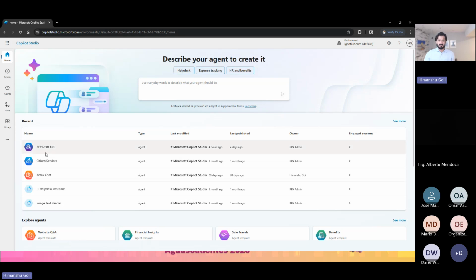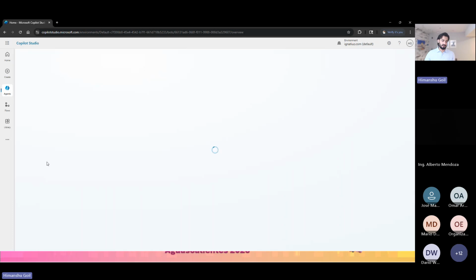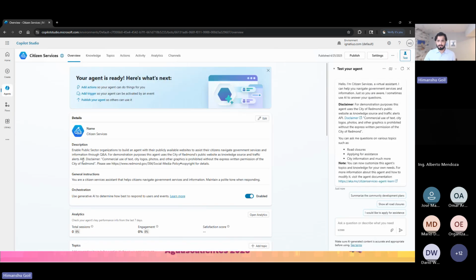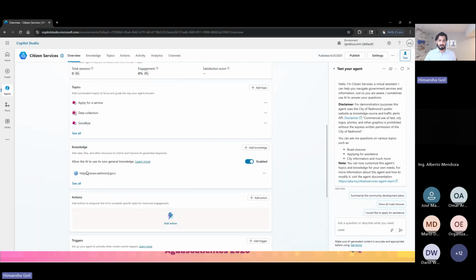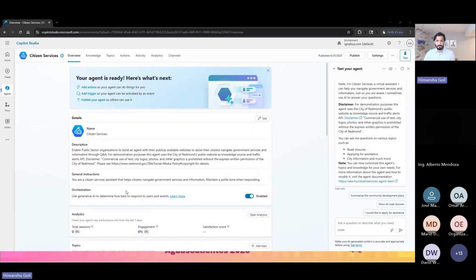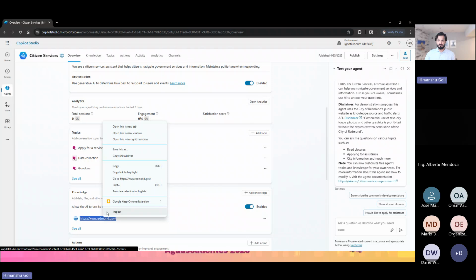There are some agents which I wanted to quickly show you, but let me start with citizen services. This is one of the easiest intelligent chatbots, which is connected to the Redmond website. It is currently connected to redmond.gov, meaning this chatbot has access to redmond.gov. Any information available publicly is available to this chatbot. So consider this as a ChatGPT for redmond.gov. Now if we go on this website,